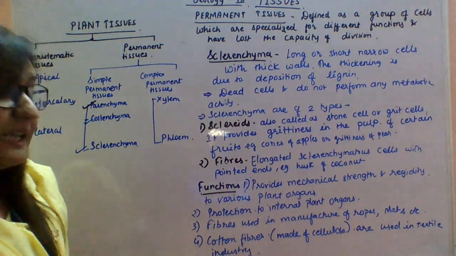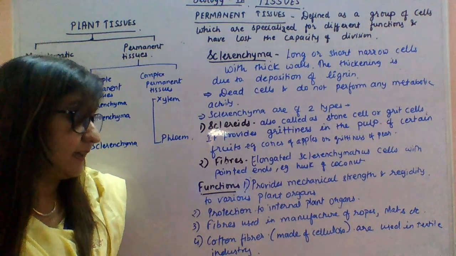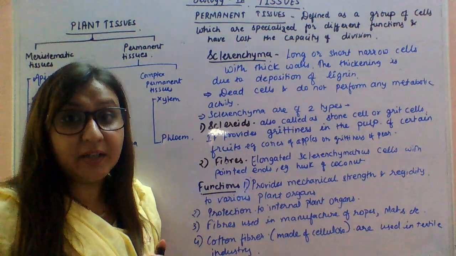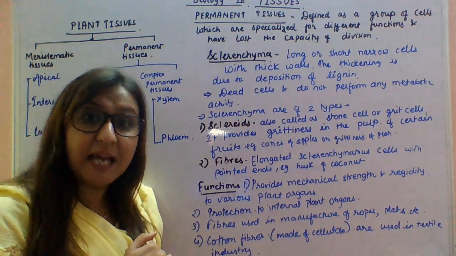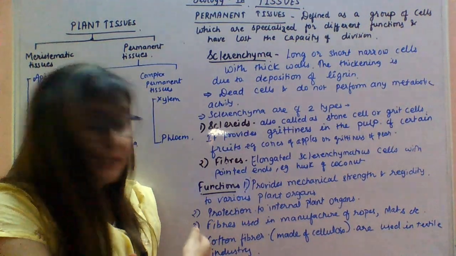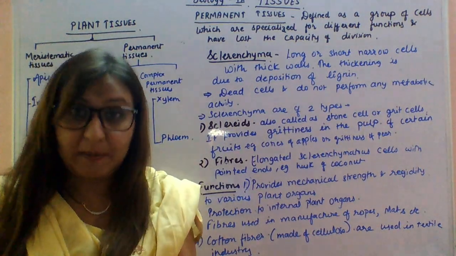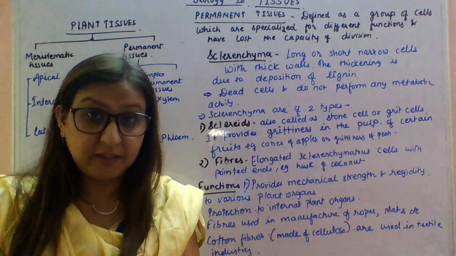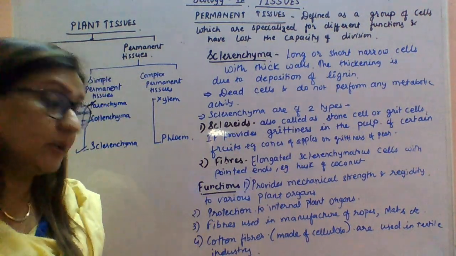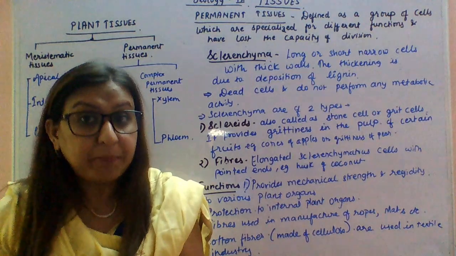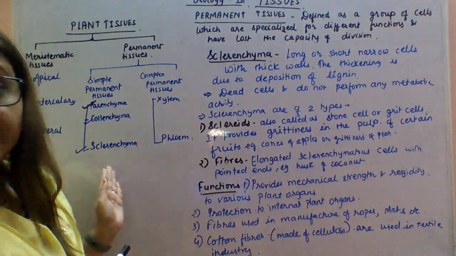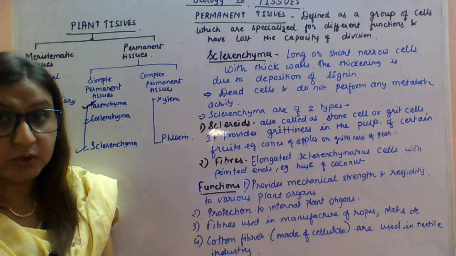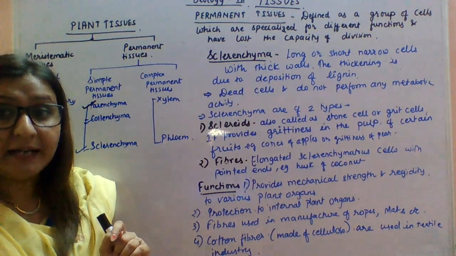Now, the leaf fibers of monocotyledons are used in the manufacture of paper. In the paper industries, we make paper with the help of leaf fibers of monocotyledons. Okay, so we completed simple permanent tissue. Next we will talk about complex permanent tissue that comprises xylem and phloem.